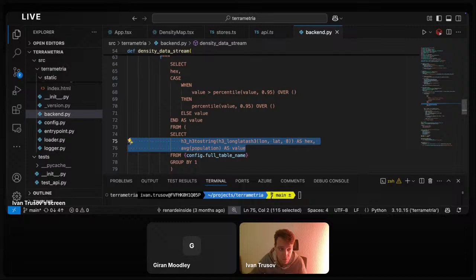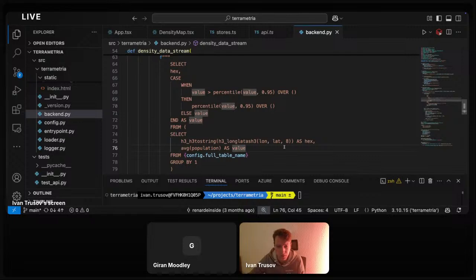So what we can do is that we can use Databricks SQL functions, H3 friendly SQL functions, to quickly get the H3 hex codes and aggregate this to a level of detail which suits for our visualization. 8 is a quite detailed level. It means, as I've said, if I'm not mistaken, roughly 700 square meters, which is actually like less than a square kilometer. Quite precise way of displaying the data.